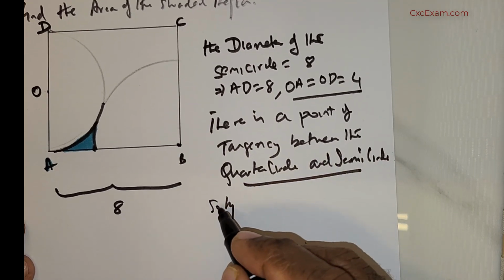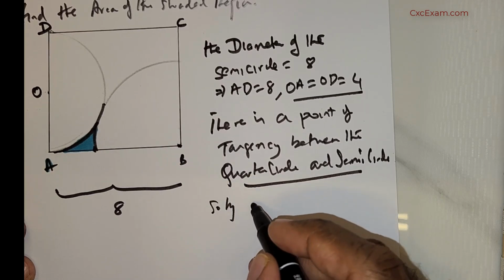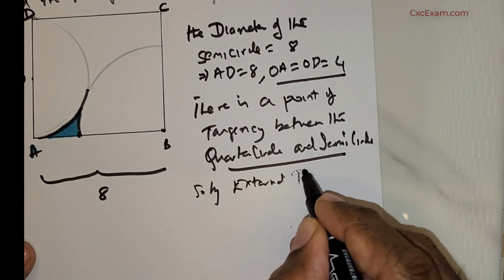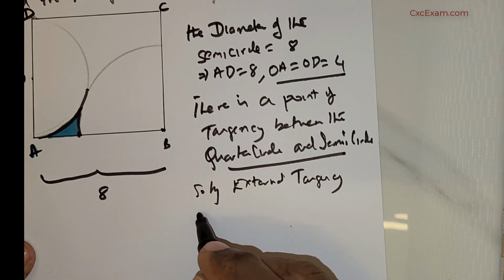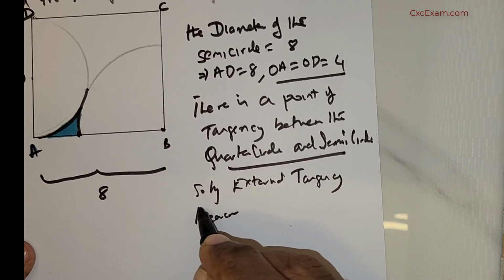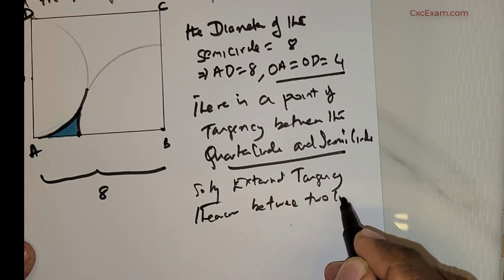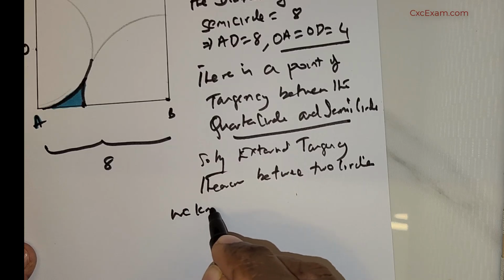They are in contact externally, and so by the external tangency theorem between two circles, we know that